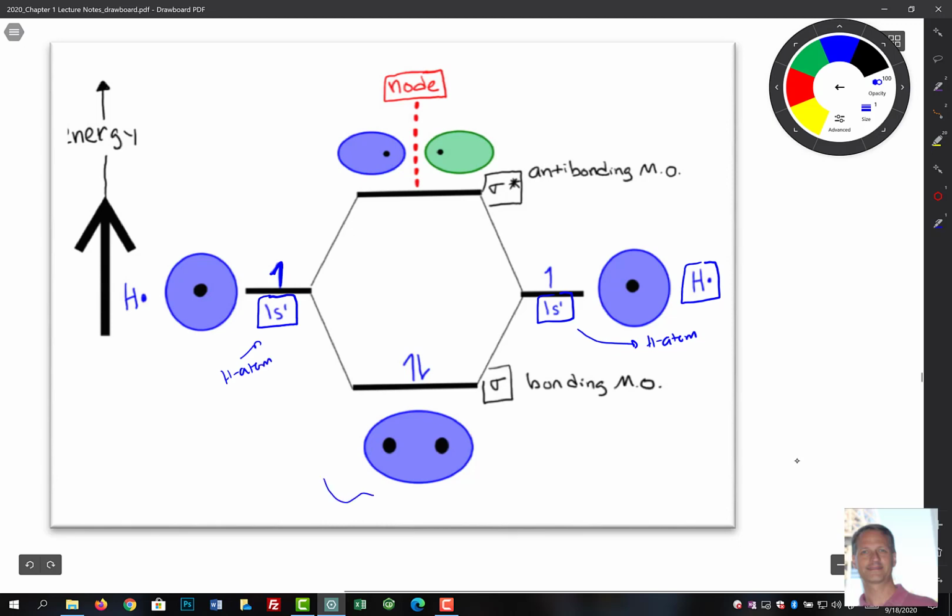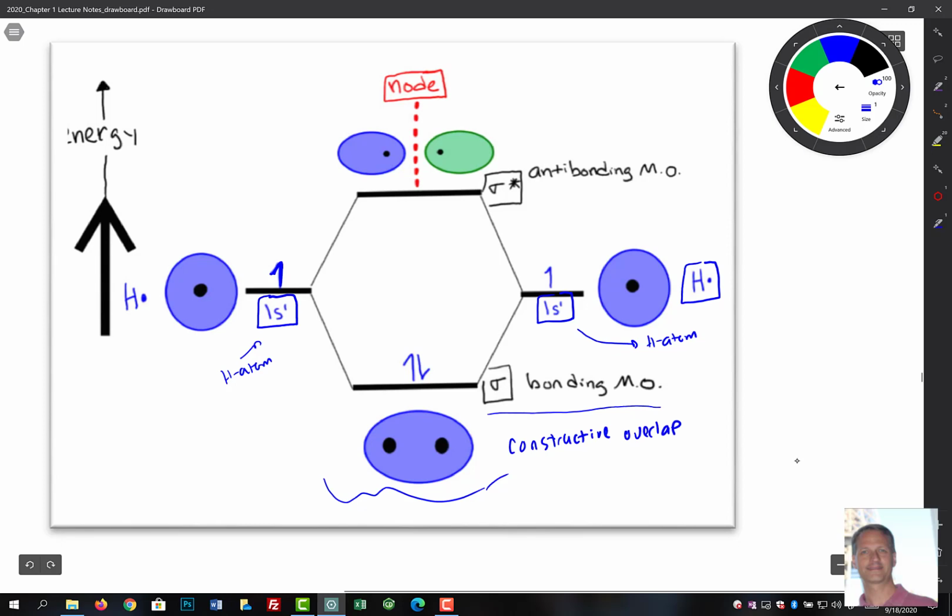And down here below is what happens when we add these things together. This is what's giving us our molecular orbitals. So if we add them and they end up being in the same phase, then they add together constructively, and we get a sigma bonding molecular orbital. So I tried to display that by basically putting them as the same color here. So this would be constructive